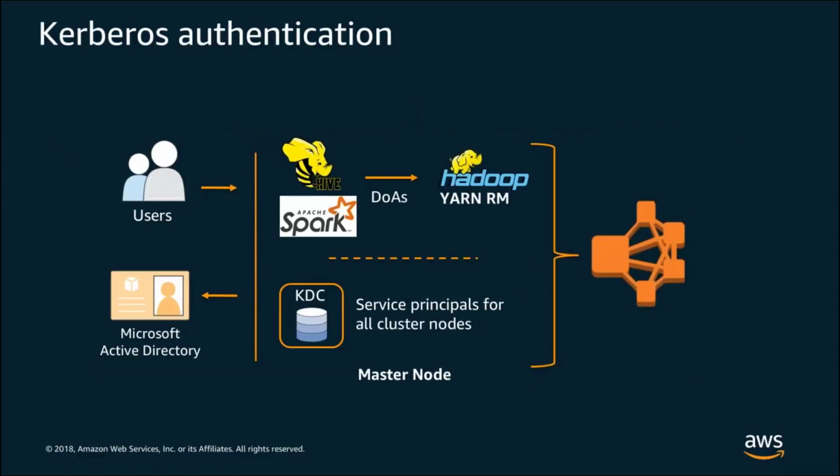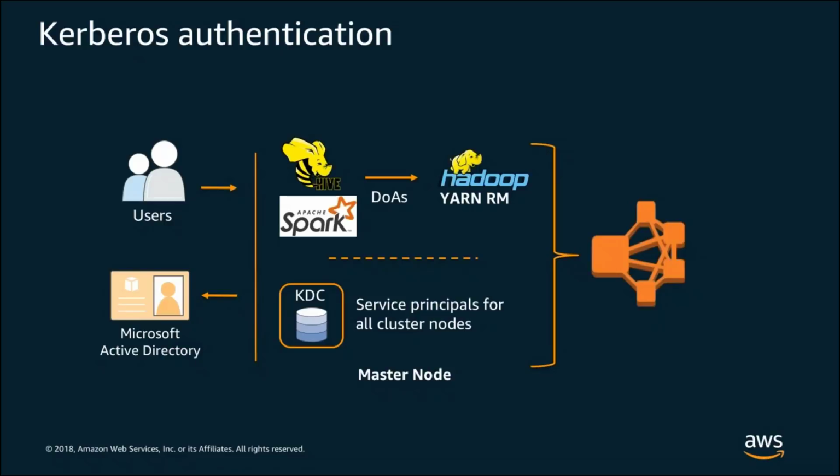Now, there is a common scenario for establishing what is called a cross-realm trust. That common scenario is established typically to authenticate users, say from an Active Directory domain, so that they can access the EMR cluster as themselves. So here is a high-level picture of how the cross-realm trust works with a Microsoft Active Directory and a Kerberos